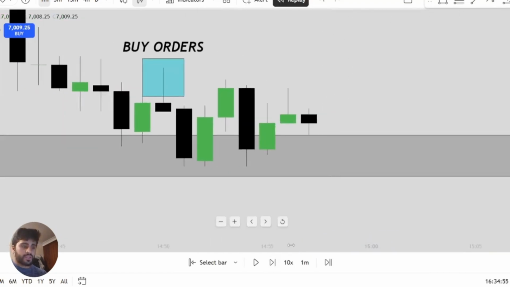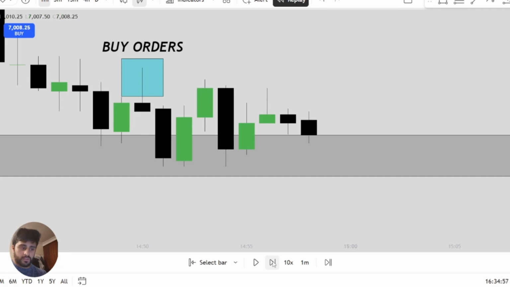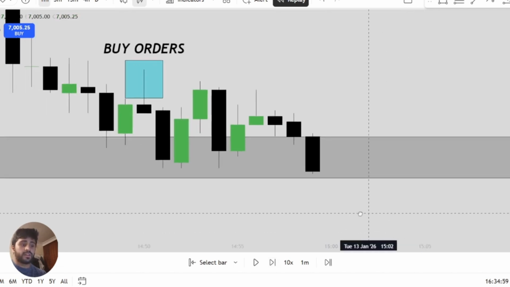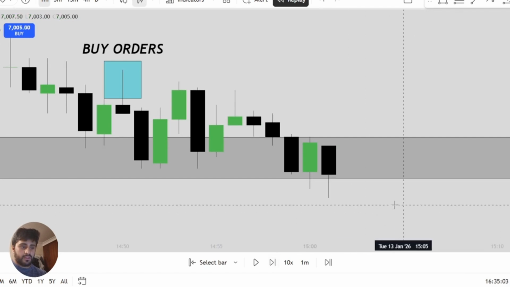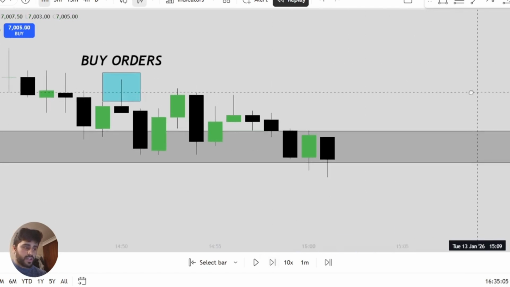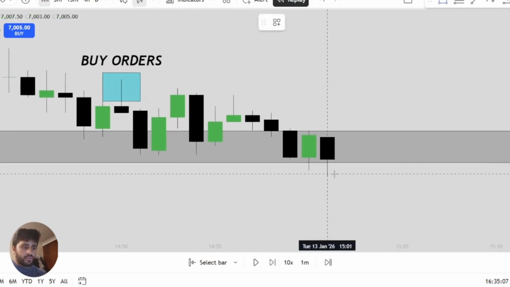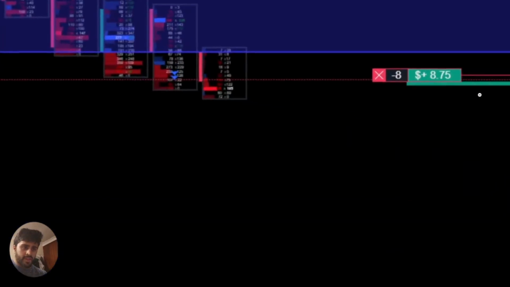The candles themselves don't show you much. All you need to see is the order flow. So here we have our first area of interest, basically. My entry was around this region. My entry that day came at